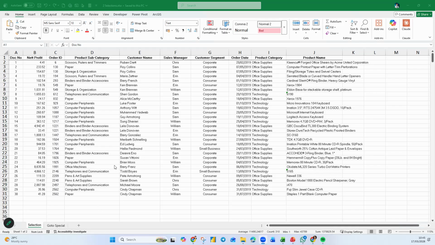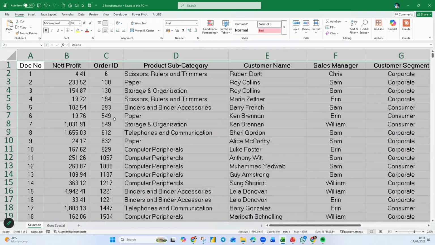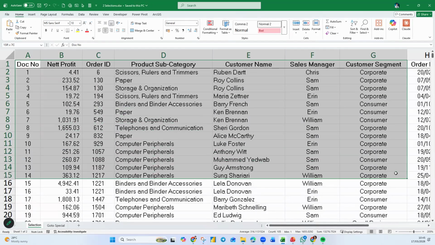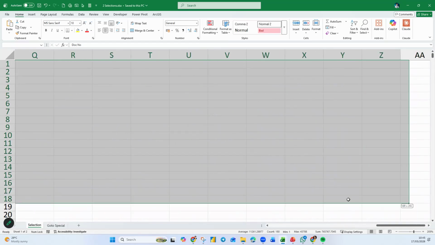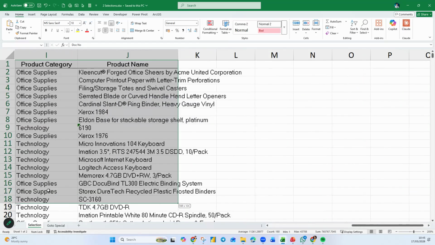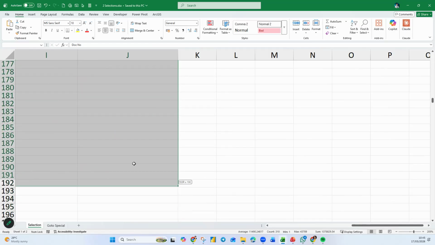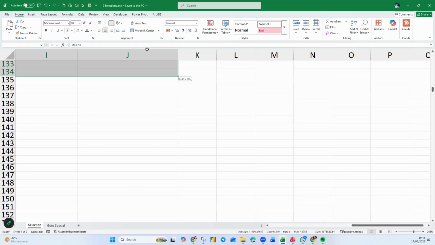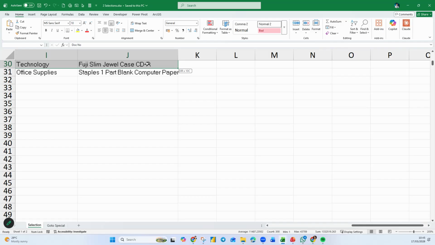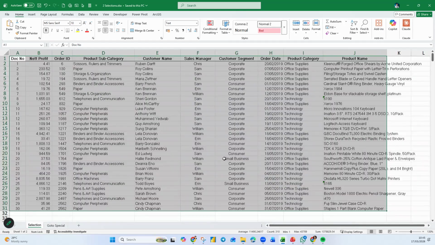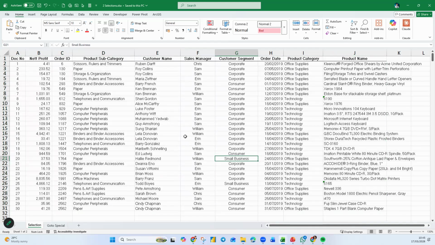I'm not talking about this data. This data is not really big. Assuming you have something like this, then you try to highlight and pull. Do you notice that when you go across, then you have to come back, and then come down, then you have to go all the way up. Finally you found it, isn't it? A lot of us have this kind of problem when we are selecting.